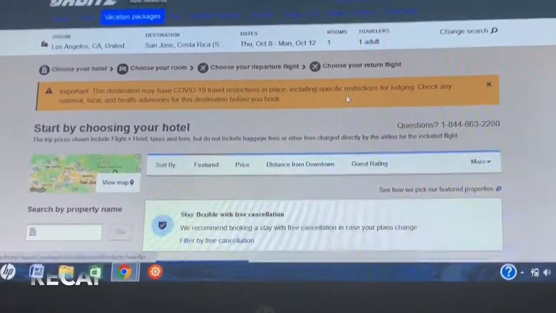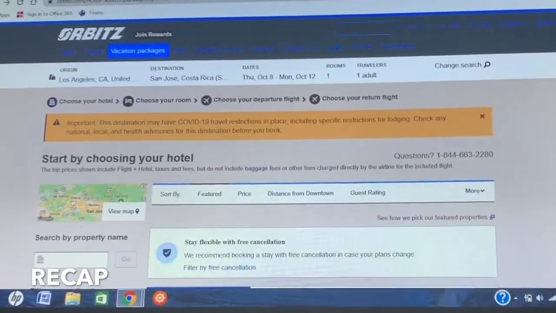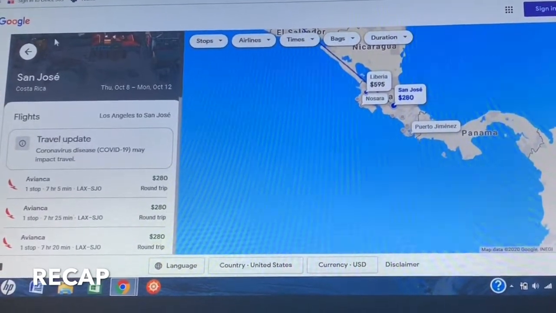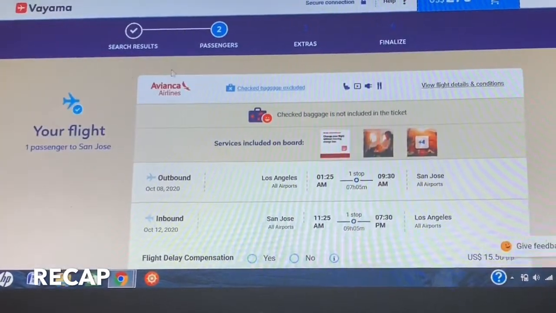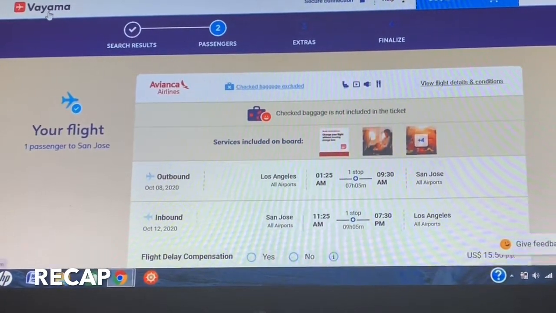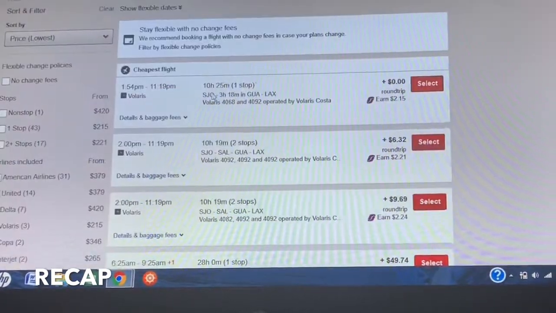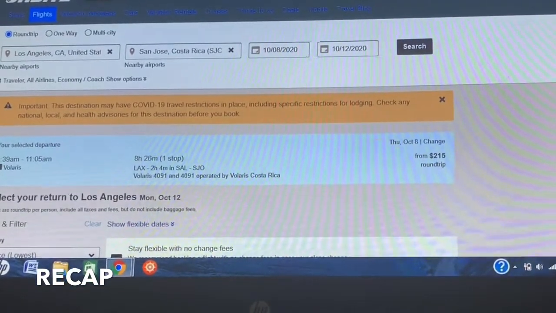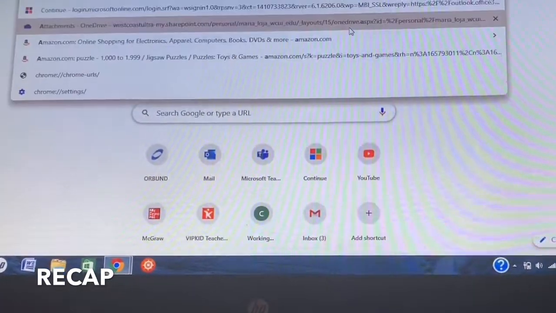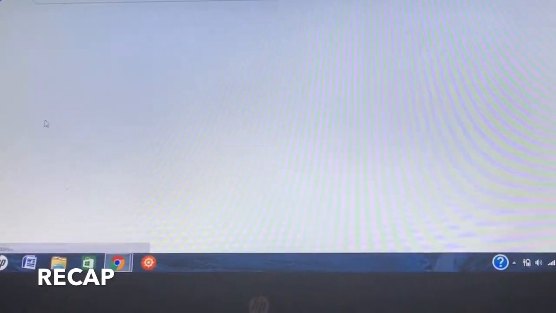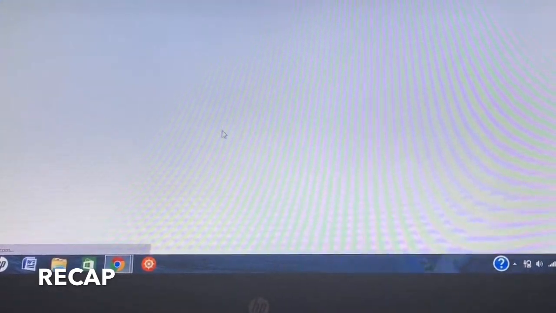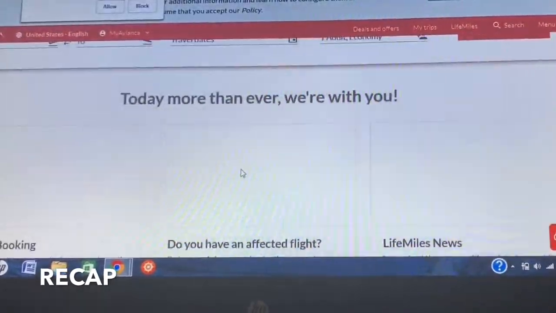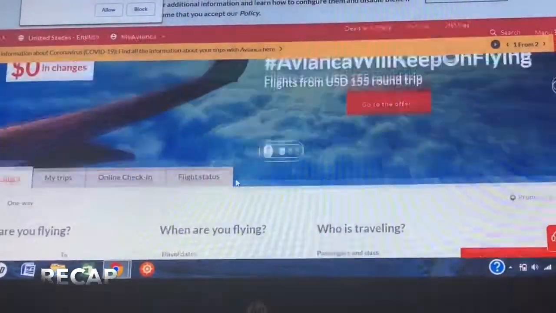Last tips, I'm just gonna recap what we looked at. We checked in Google Flights just for an average, and then they gave us a site, Bayama, and Orbitz is where I go and check as well. And the fourth option was to check on the actual airline. For this one, it was Avianca, so you would check. Sometimes it's cheaper on the actual website, so definitely always check.